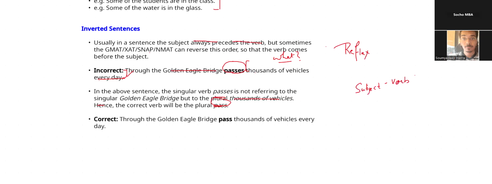Done? Clear? Let me know. Yes. Okay. That is it for today. Now, let us download this and send it to you in the group. Done. हो गया. अच्छा, so I will be